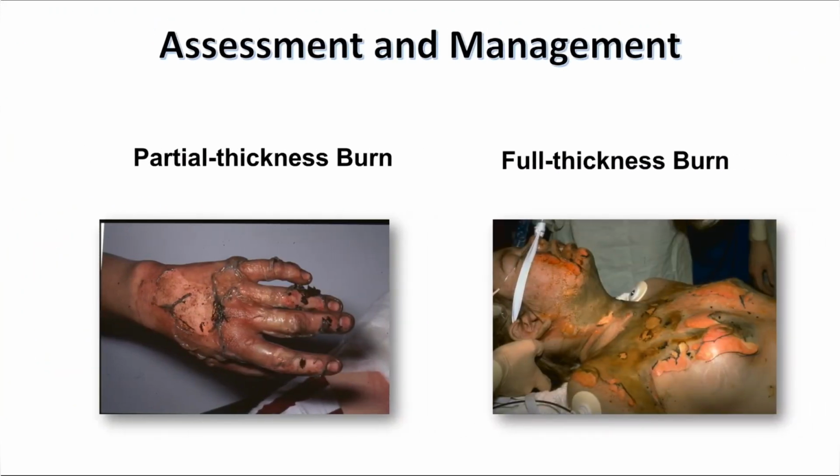To assess the patient, you have to know the type of the burn, whether it is first degree or second. So we have 3 degrees: first, second, and third degree. The first degree is called superficial. In the superficial one, there is just redness and pain, as if the skin has been exposed to the sun. In the second degree, it is called partial. We have again superficial and we have deep